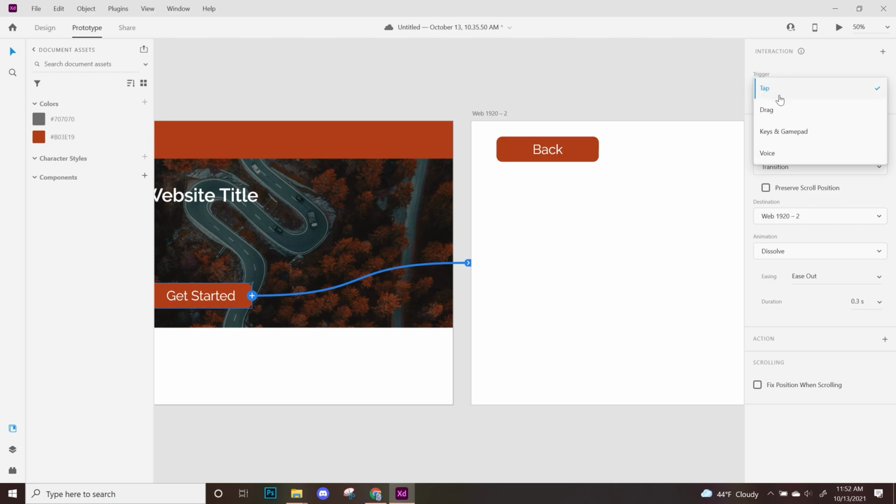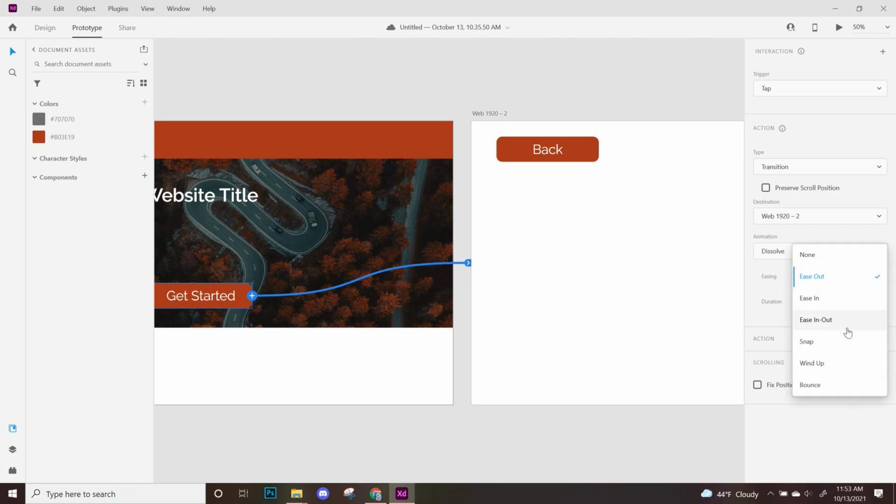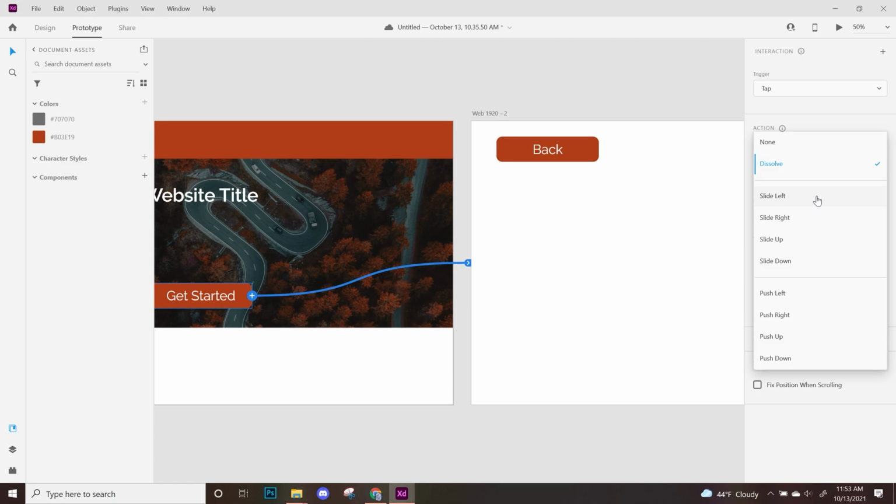It says tap because it's kind of thinking about mobile, but since this is a web page, tap and click are going to be exactly the same. So now we can choose our transition type. These aren't really all that important, and they're just sort of extra flavor you can add on top of your website. So I would say don't even worry about these ones. There is some easing, which if you've ever done animation, it basically just describes how something moves into the next thing. So I'm going to choose ease in and out because that's going to make that transition very smooth. And for the animation, instead of dissolving, I'm going to do slide